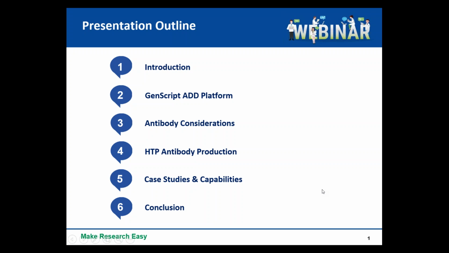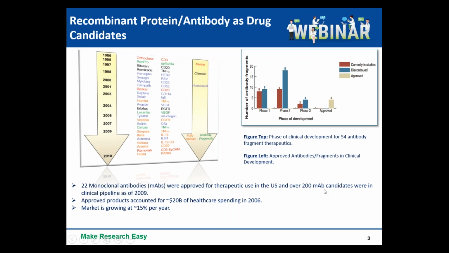Okay, so with that, the introduction. Essentially, this slide captures the sense of what was done so far in this last decade in terms of large molecules, most of them antibodies. If you look at the figure on the top left-hand side, these are approved antibodies and or fragments in clinical development, many of them approved. If you look at the red ones, they're murine, and the black ones are chimeric, the blue ones humanized, and then the orange ones are fully human, and the green ones are antibody fragments, going all the way from 1986 until 2010.